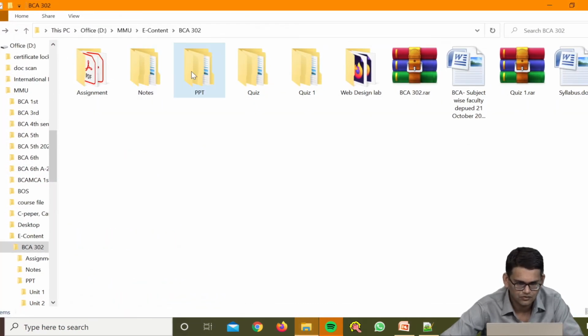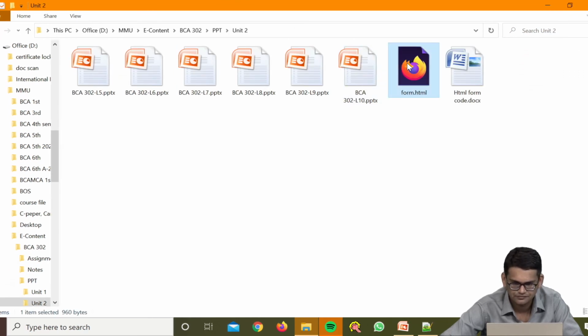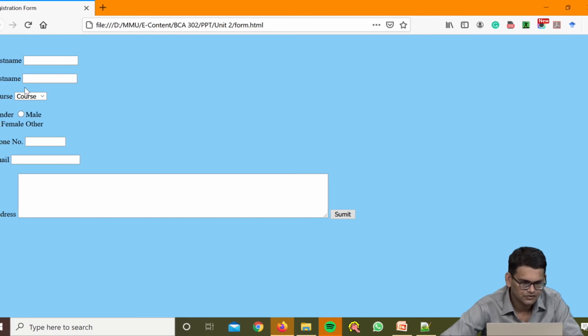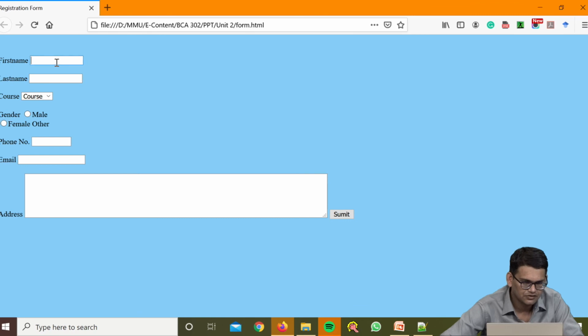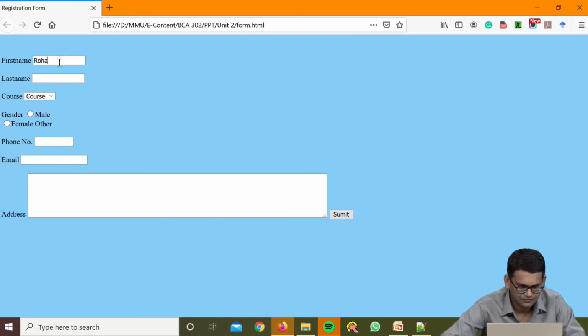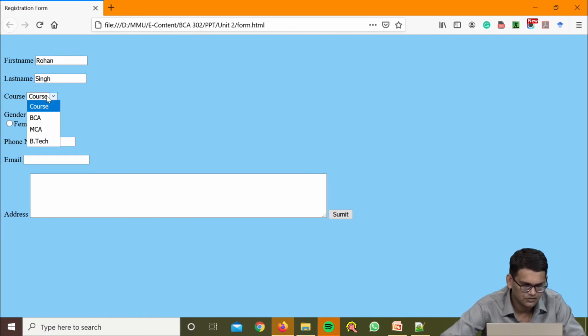So let us now run this program. Let us move to the PPT, and you can see the form here. This is the form which we have created. This is the first name, we can write Rohan, last name Singh. We can choose the course this person belongs to, like BCA, gender male.